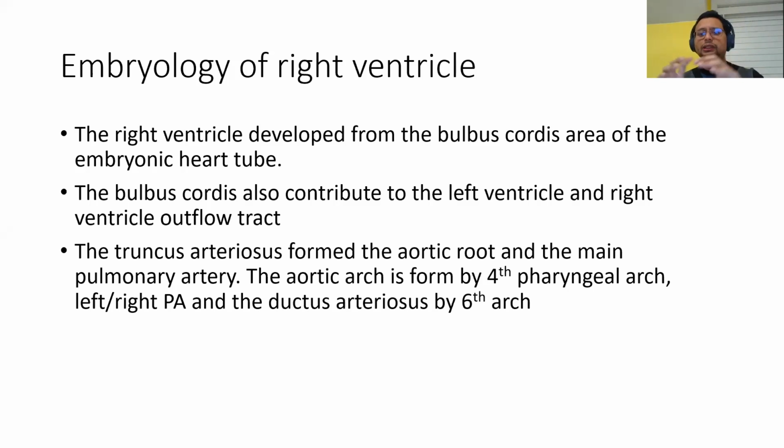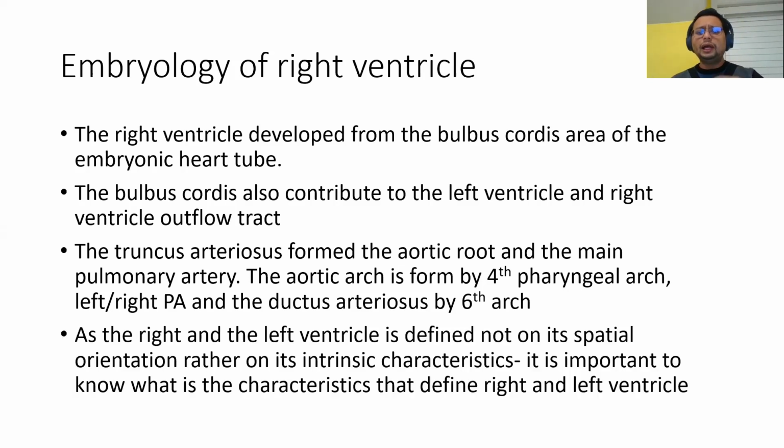Another region of the heart tube just on top of the bulbus cordis is called the truncus arteriosus, and this truncus arteriosus actually becomes what we call the pharyngeal arches. All right, so for these pharyngeal arches, there are 6 arches in total on the left side and on the right side, and arch number 4 usually develops the aortic arch, okay, and arch number 6 becomes the left and right pulmonary artery. Okay, so the topmost part of the embryological heart tube is what we call the truncus arteriosus, and this becomes the pharyngeal arches, which then will become, some of them aortic and some of them pulmonary artery. Okay,